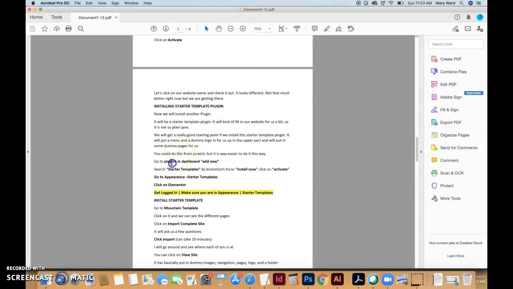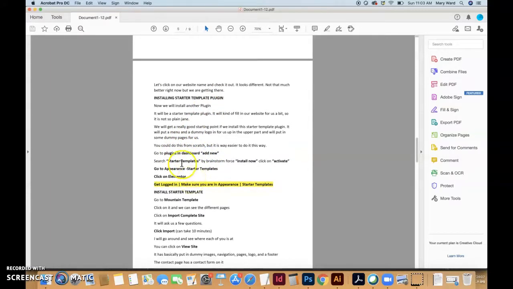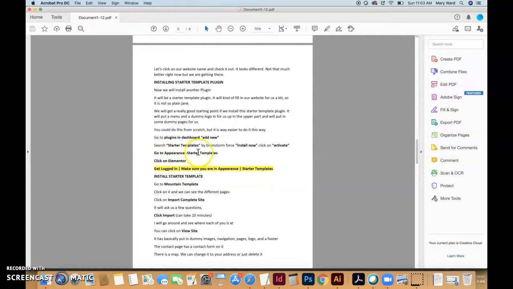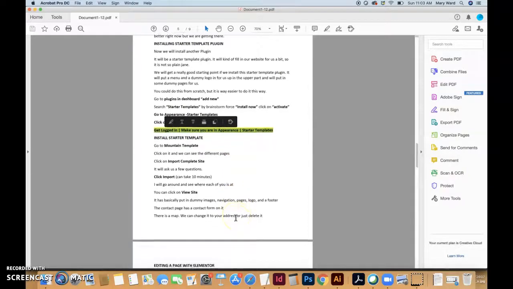So you just go into the plugins in the dashboard and go to add new. Search for Starter Templates by Brainstorm Force, install now and activate. And then under Appearance, Starter Templates, you would click on Elementor. So if we can get caught up to this highlighted area here,